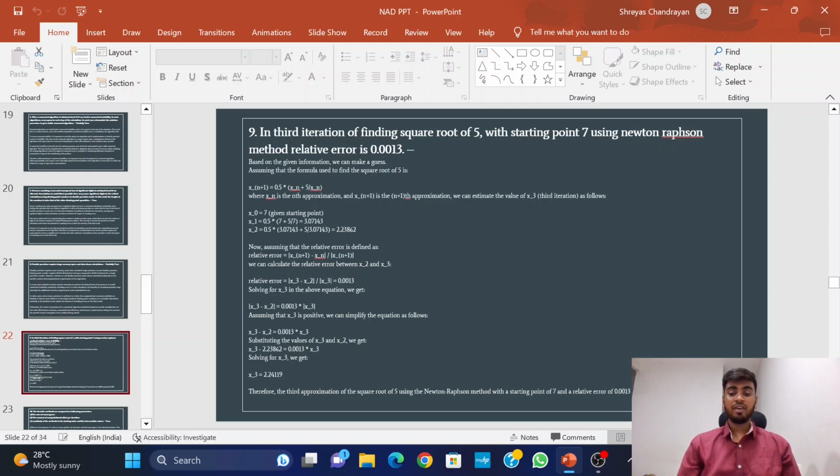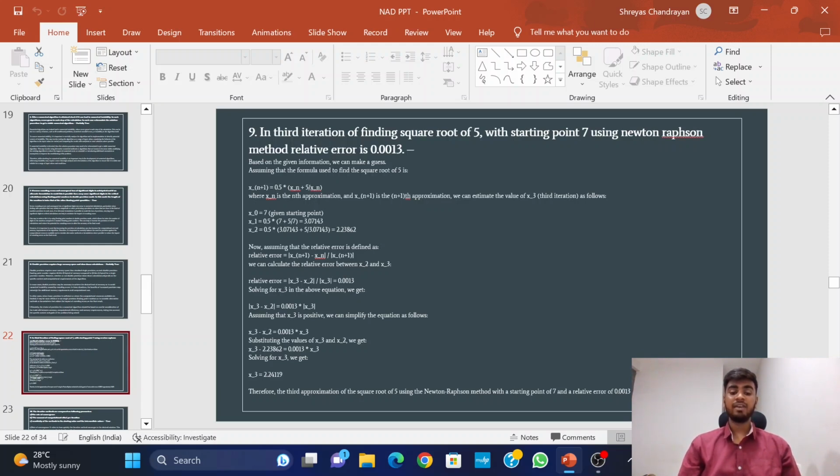We can estimate the value of x3, the third iteration, as follows. So, x0 is equal to 7, x1 is equal to 0.5 into (7 plus 5 by 7), which is equal to 3.07143, and x2 is equal to 0.5 into (3.07143 plus 5 by 3.07143), which is equal to 2.23868. Now assuming that the relative error is defined as (x_(n+1) minus x_n) by x_(n+1),